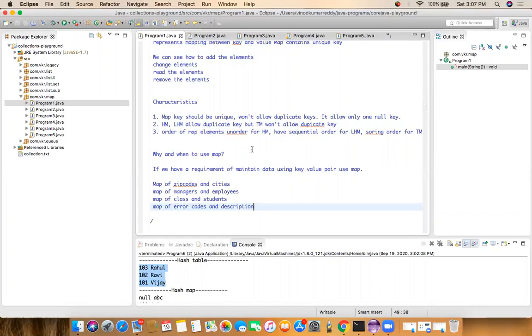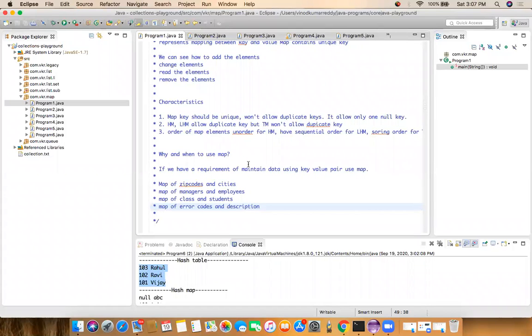Similarly, we have some different examples. When to use: when we go to some small project, there we can see when to use a hash map. If you have a requirement of key value pairs, we can use a hash map. Yeah, this is all about queues and maps. If you have anything, you can ask me now. And tomorrow we can see how the map and the set work internally. That is a very important question. I will explain it in tomorrow's class with all the iterators, and the differences between iterators. We can see it in tomorrow's class.